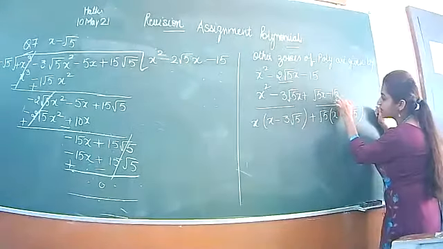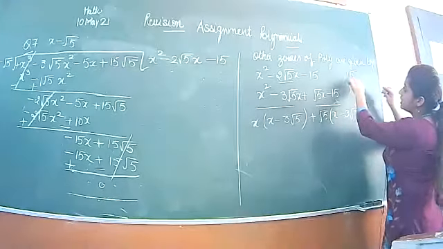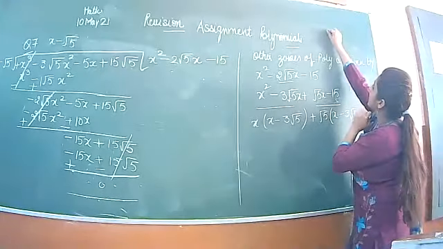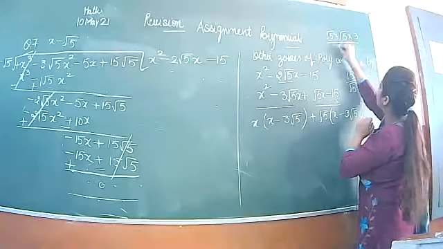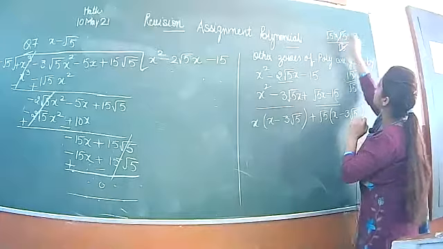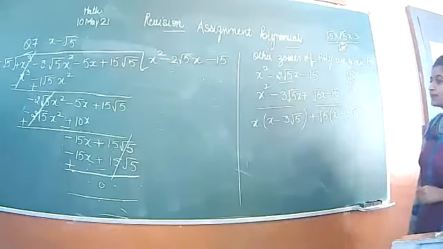आपने 15 में से root 5 बाहर ले लिया, तो आप 15 को root 5 से डिवाइड कर दो. 15 के फैक्टर क्या हैं? root 5 into 3 अपॉन root 5. इसको कैंसिल कर दो. क्या आ गया? 3 root 5. तो जो आंसर आएगा that you will write in the bracket. ठीक है?